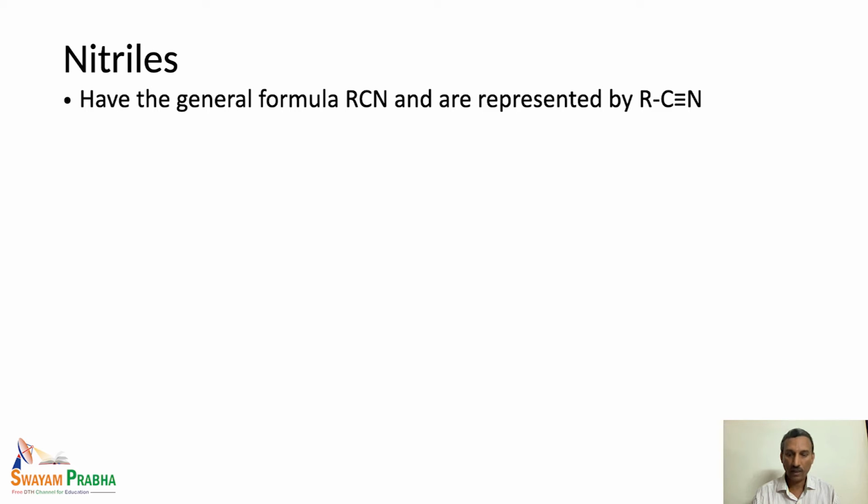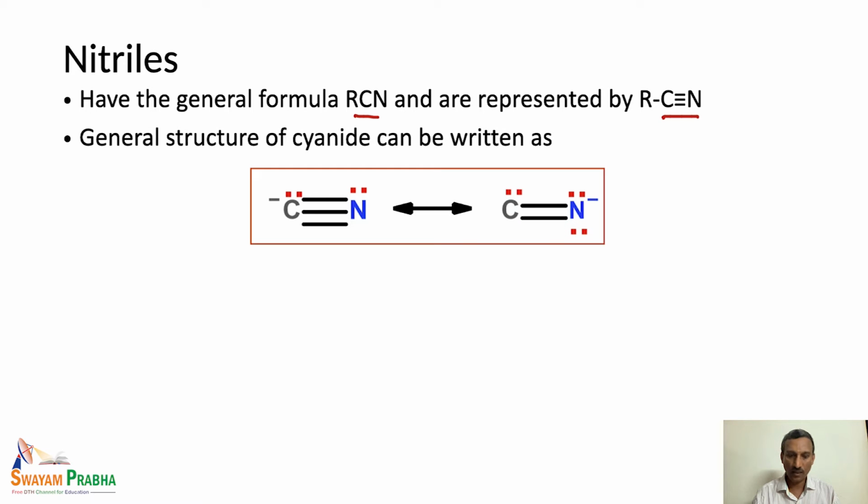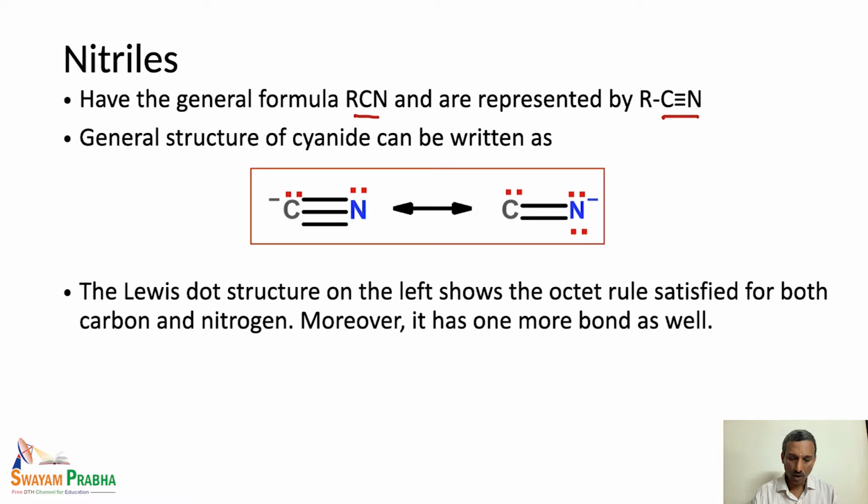Nitriles have a general formula R-C≡N, and here we have a carbon nitrogen triple bond. If we write the general structure, carbon is having a negative charge, the ionic species carbon is having a negative charge, and nitrogen is having a lone pair, and this is the resonance structure which we can write for cyanide ion. If we look at this structure, the carbon on the left hand side has 2 electrons